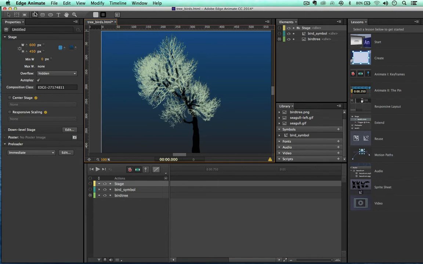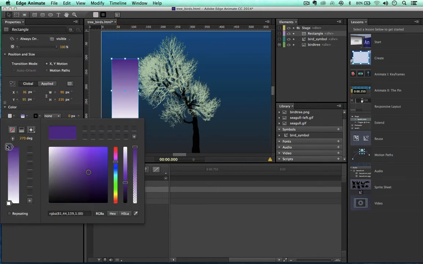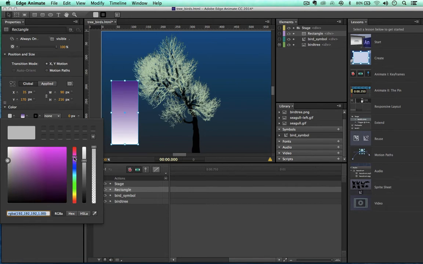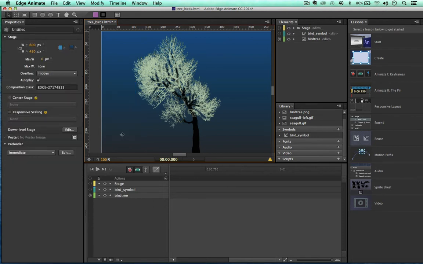The same goes for shapes. If I draw a shape in here and just give it a very simple, quick gradient, IE9 is not going to be able to do this, at least as of right now. By the time you're watching this video, they might be able to, though. The browser wars, you know? Anyway, if you set something kind of similar to it, like that, and just say, okay, that's going to be IE9's color, that's okay. Now, the reason why I'm showing you this now is because this